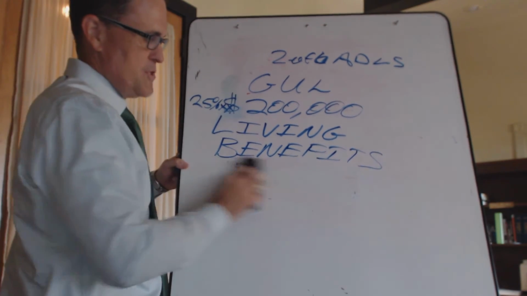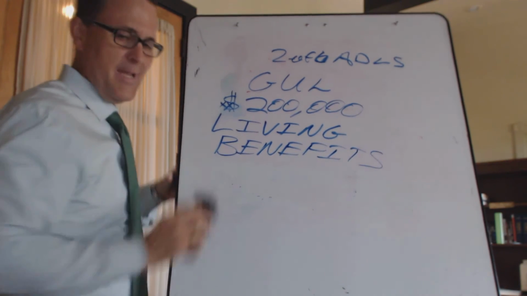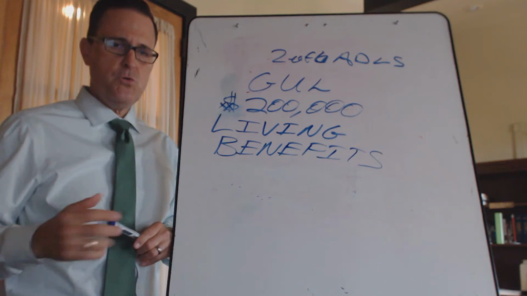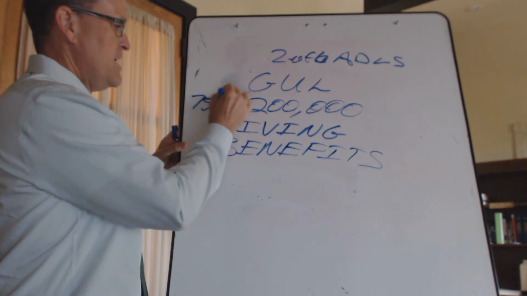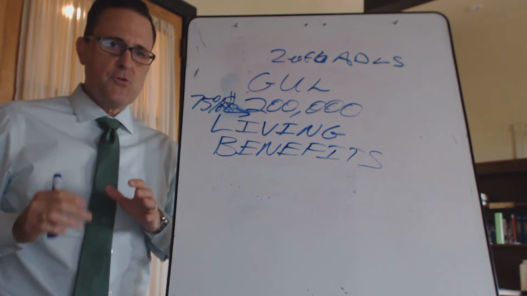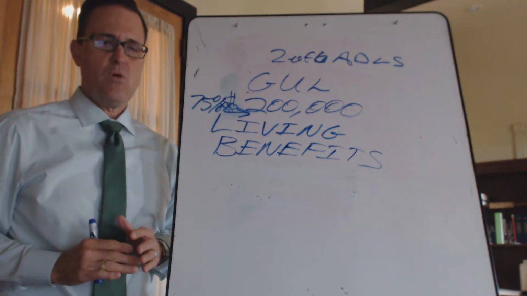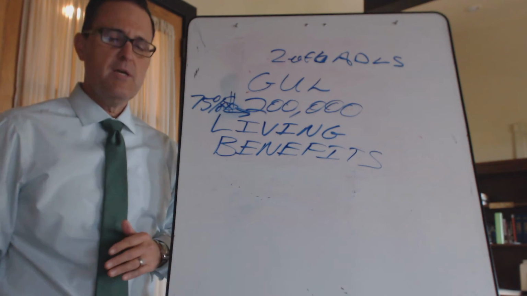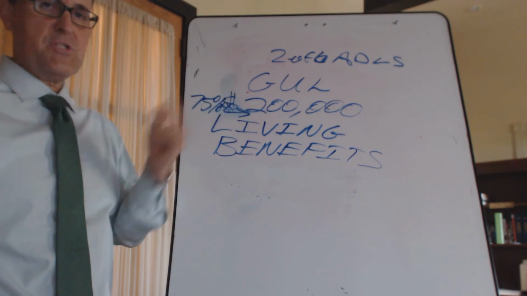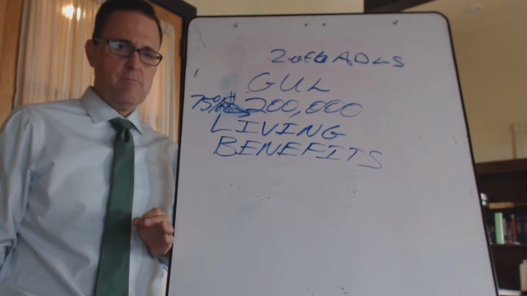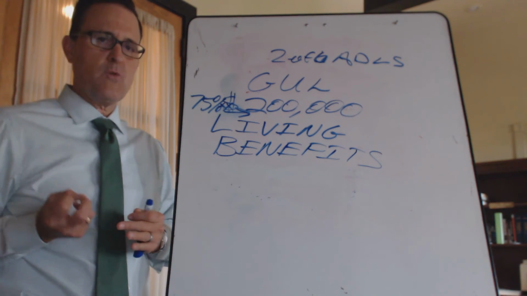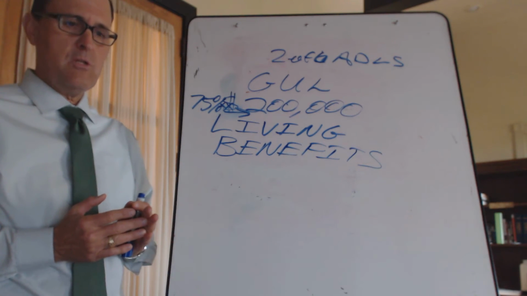The other living benefit that we have associated with this is a terminal illness rider. The terminal illness rider allows for you to take up to 75% of this death benefit out while you're still alive, again, living benefits, if you're declared terminally ill and have 12 months or less to live. So if the doctor signs off on a death warrant and you've got 12 months or less to live, then you can take up to 75% out of this death benefit tax-free. Now, these living benefits are also known as accelerated death benefits. You're accelerating the death benefit for your use while you're still alive.